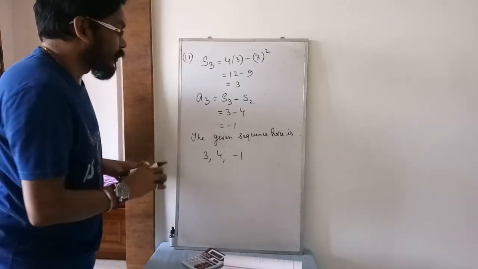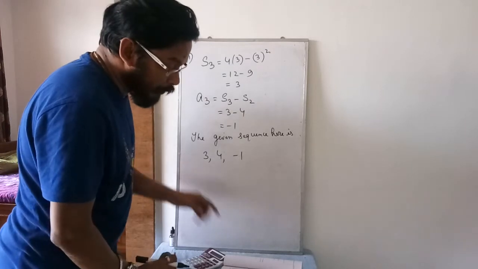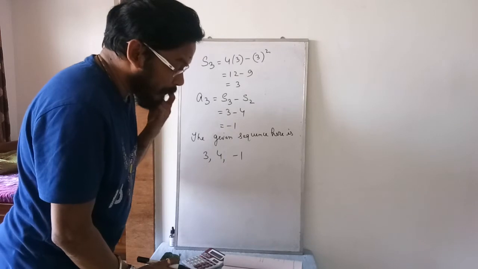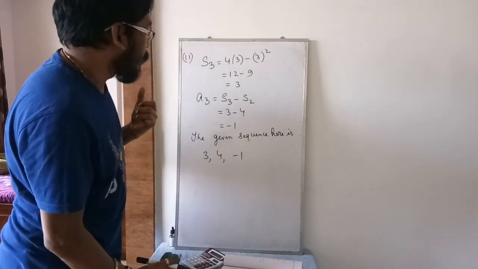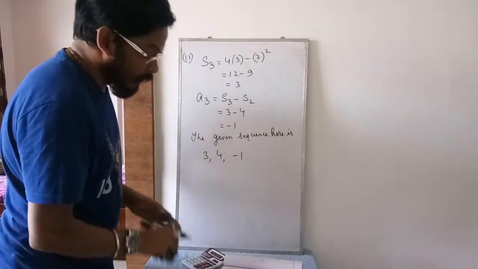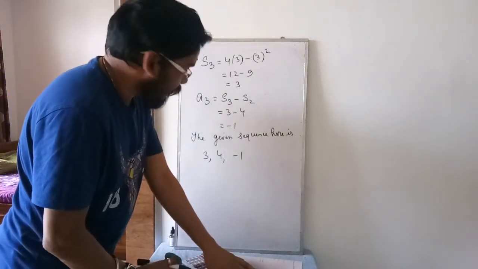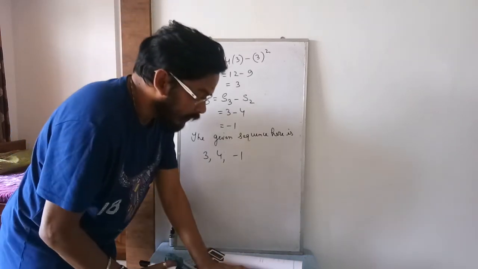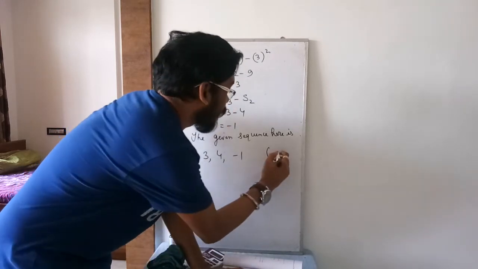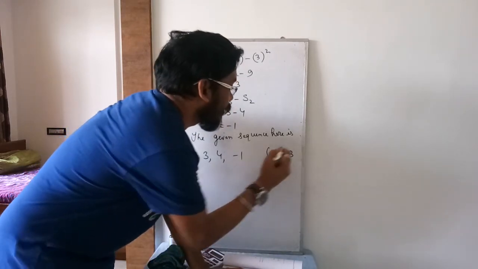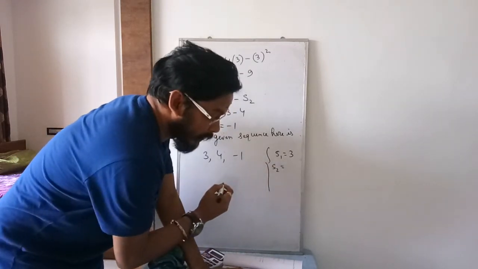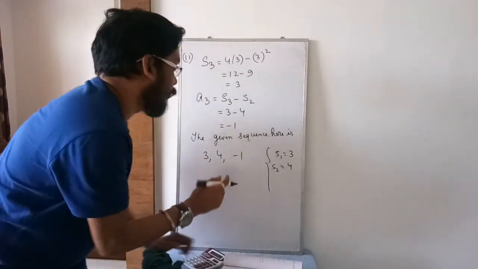Okay, let me go through this one. The given sequence is 4 minus 1, so it is 3. My second term, what was my second term? Just a minute. Okay, I have done wrong here somewhere. S1 was my 3. S2 was my 4 minus 2, 8. 8 minus 4. So it is 4 minus 3, 1.